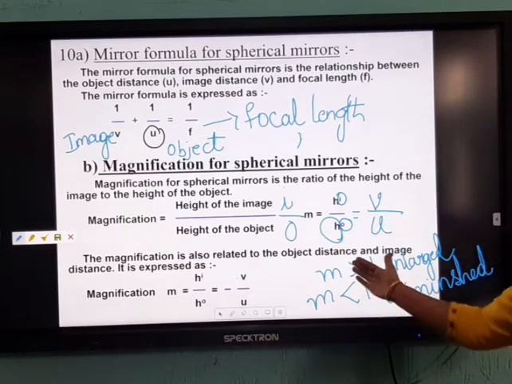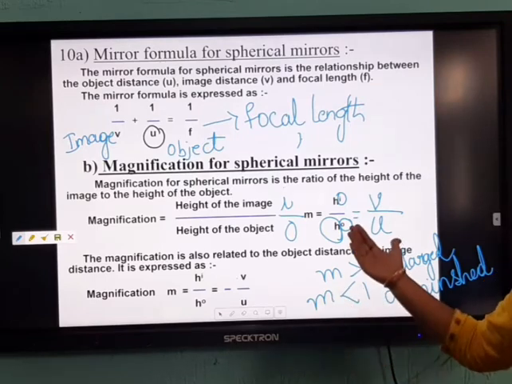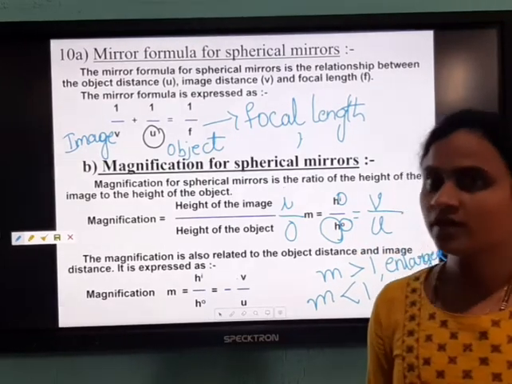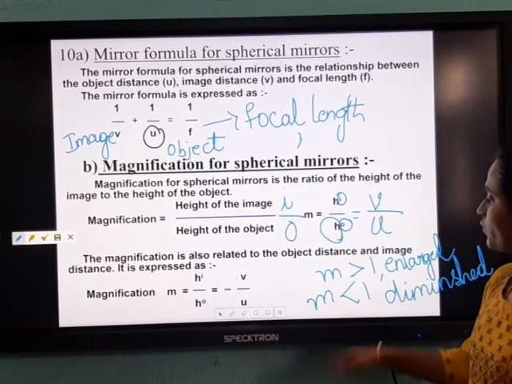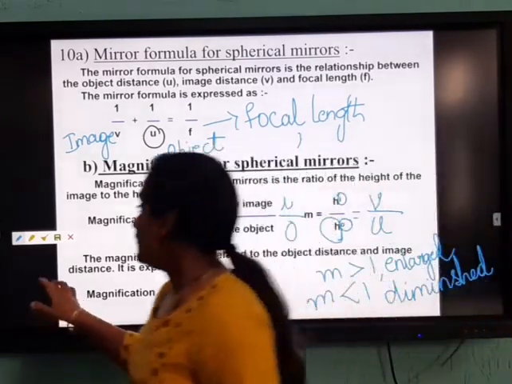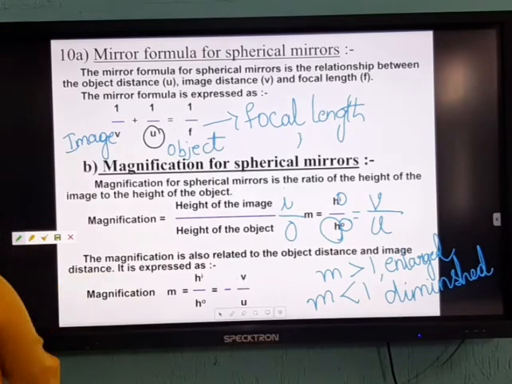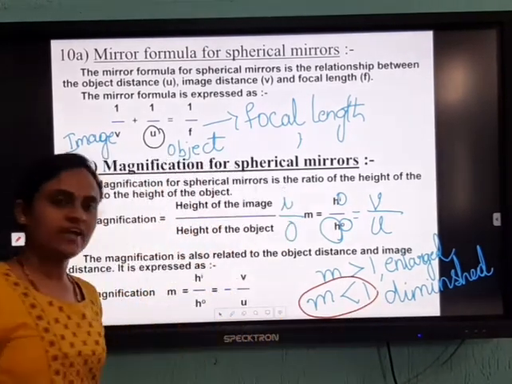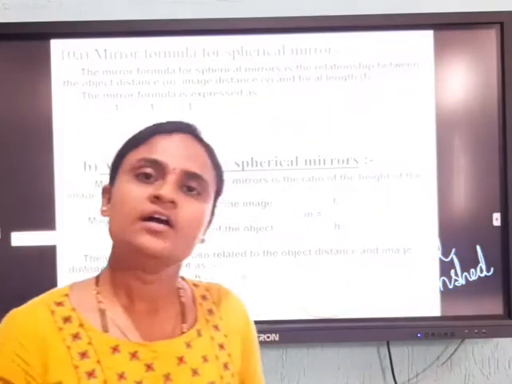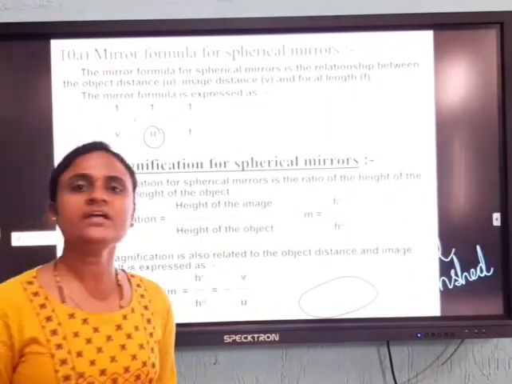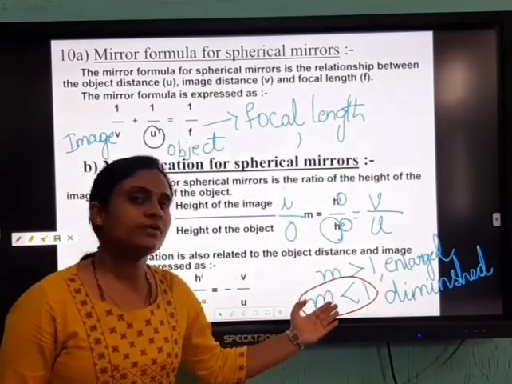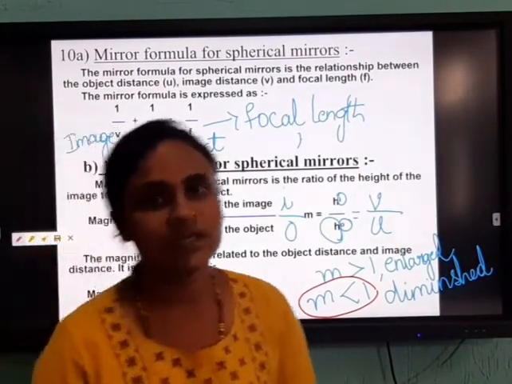By seeing this value, you have to say the nature of the image, whether it is enlarged or diminished. When the value of m is less than 1, the image will be diminished. When the value of m will be less than 1, it will be the diminished one. Then when the m value, that is the magnification value, is greater than 1, the image formed will be enlarged